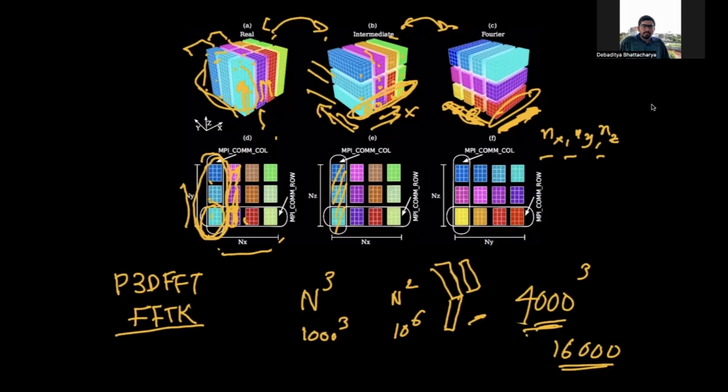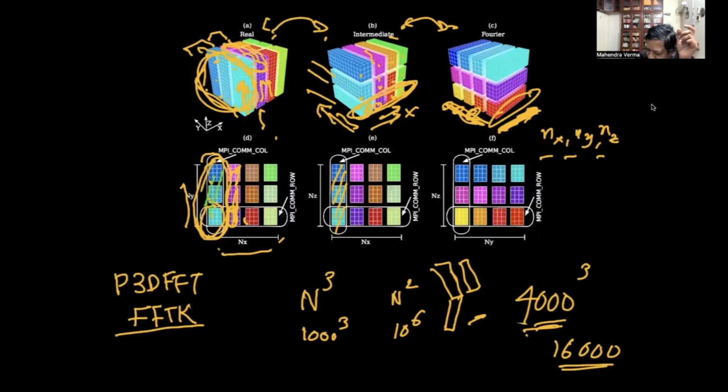Yes. Now, one more important point. In the pencil decomposition, the traffic is less. If you see the traffic wise, when these processors are talking, they do not interfere with the second set of processors. So when these processors are talking, they do not interfere with this communication. So you can think of it as local traffic when I'm doing it, which is very useful.